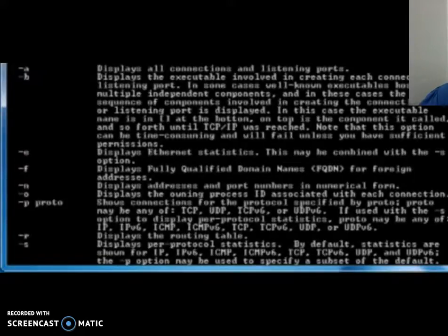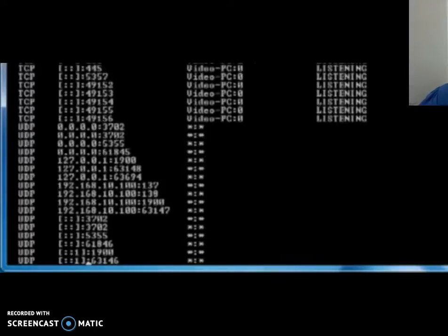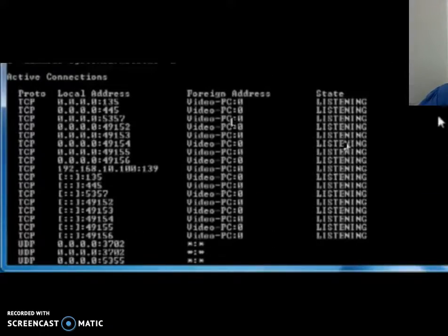Hyphen a is to display all connections and the listening ports. Hyphen b is to see the executable involved. So let us try one among them. When I say netstat hyphen a, I get all the connections, with the foreign addresses and the local addresses which are being connected.